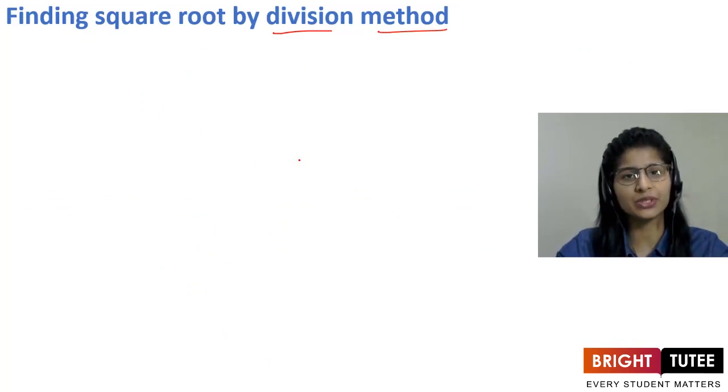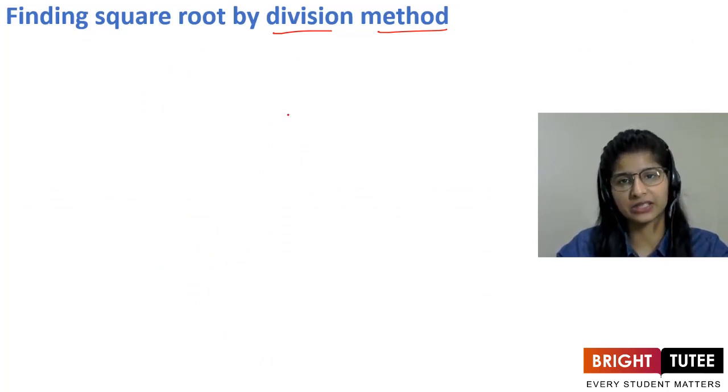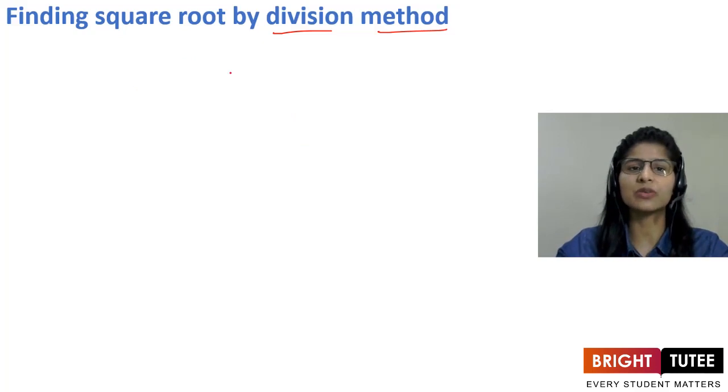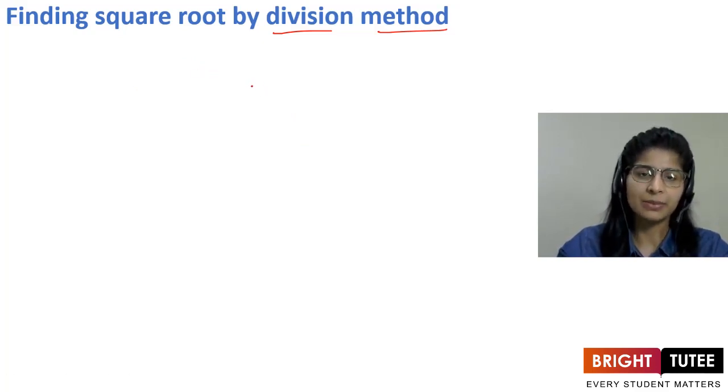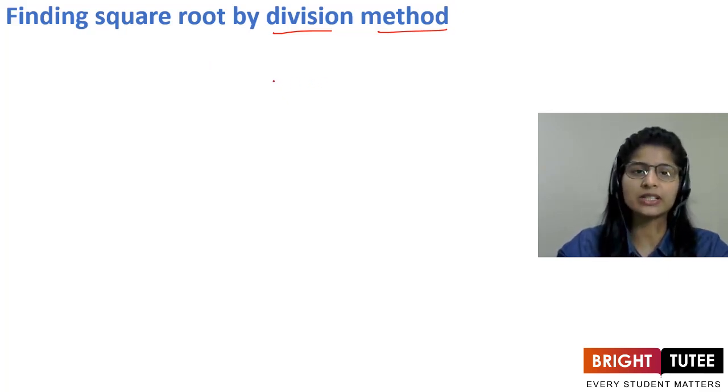Right, this is really important because it is helpful for decimal numbers, also the numbers which are very large. Right, so we can find out square root. We can use this method for all the numbers, let it be simple numbers or let it be your decimal numbers. Right, so we are going to discuss today in this lecture about the division method for finding square roots,